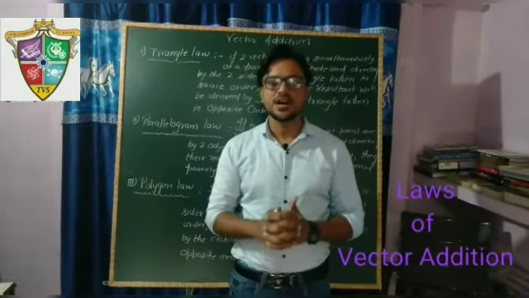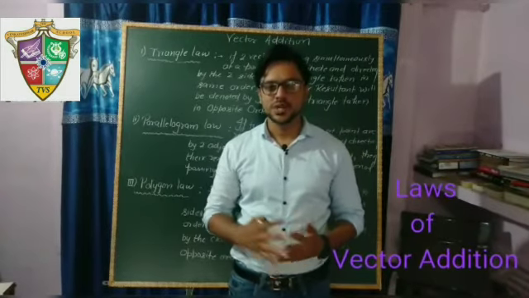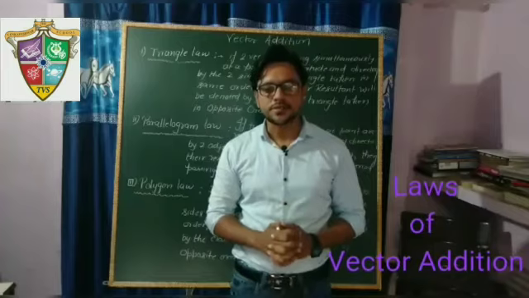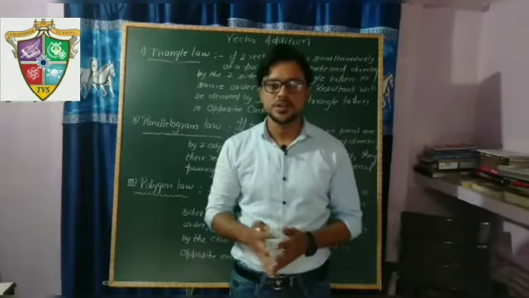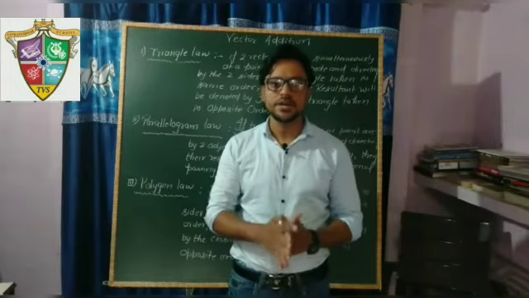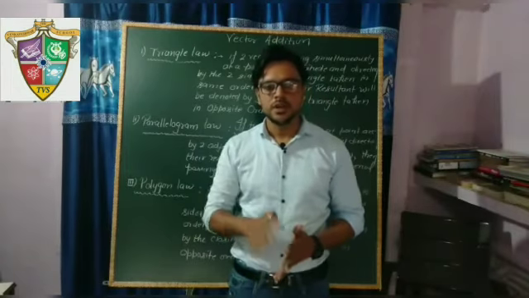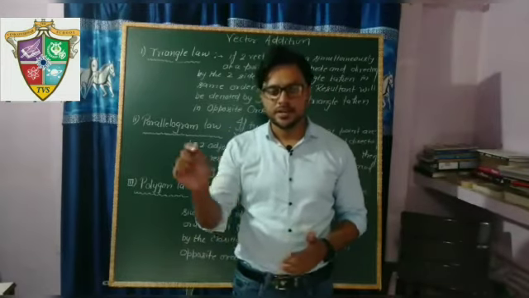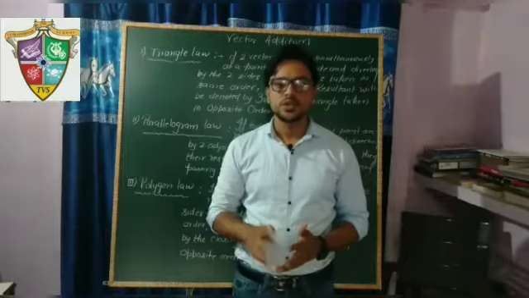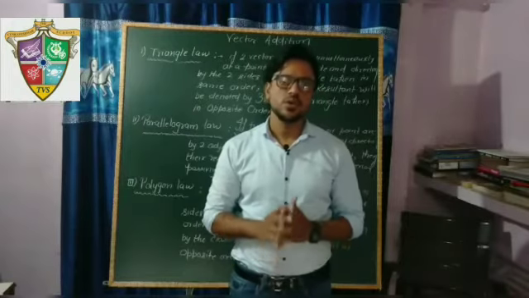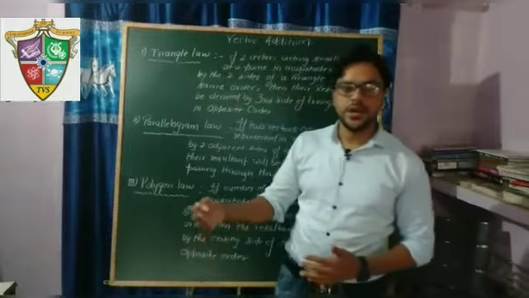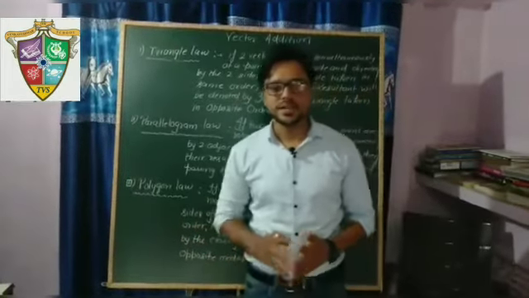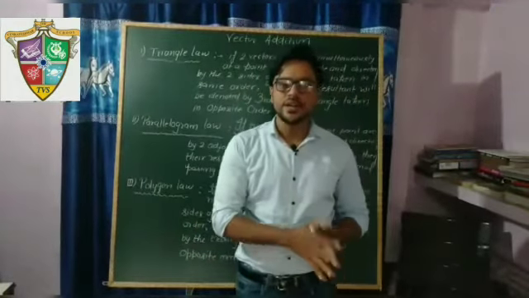Students, we discussed vectors in our last class. What are vectors? What are the types of vectors? And in the definition of vector, we studied that a vector is a physical quantity having magnitude as well as direction. But we also add a line there that vectors should obey all the laws of vector addition. Just having simple magnitude and direction does not mean that it is a vector quantity.